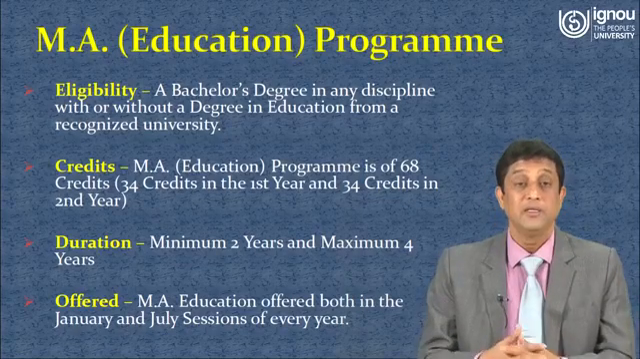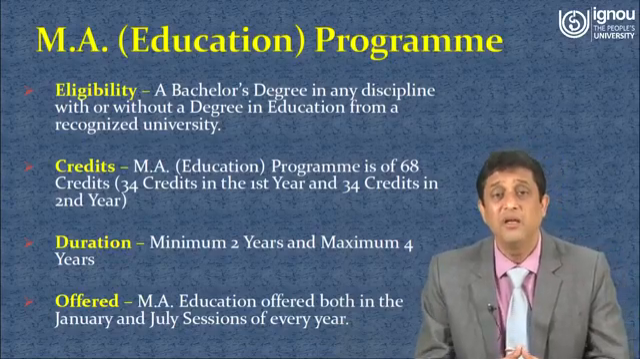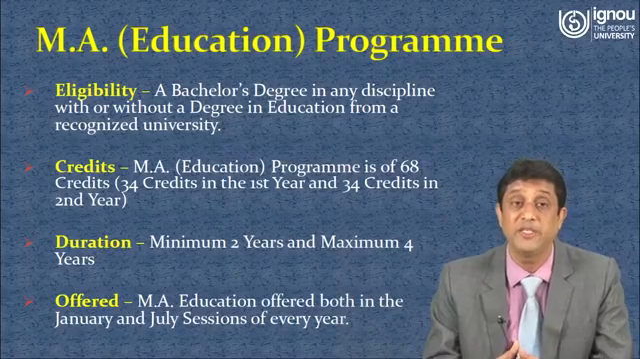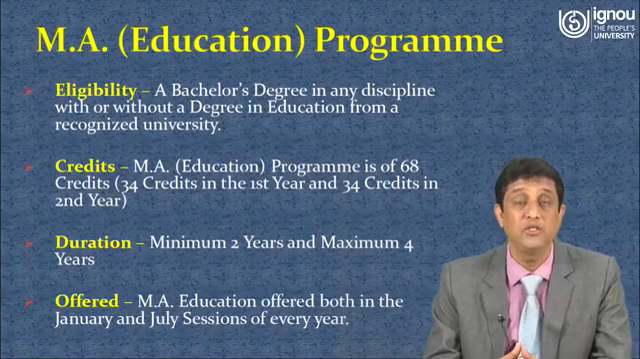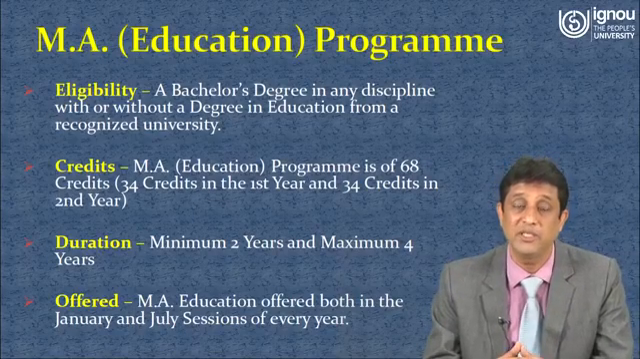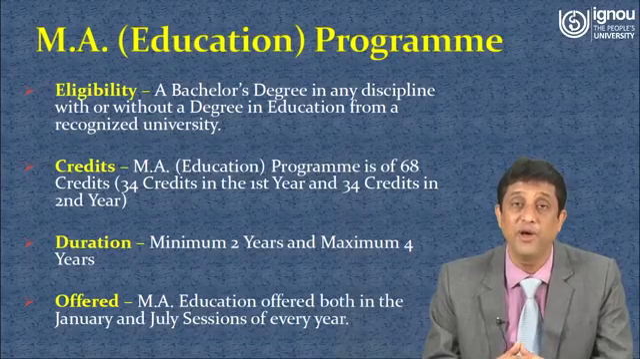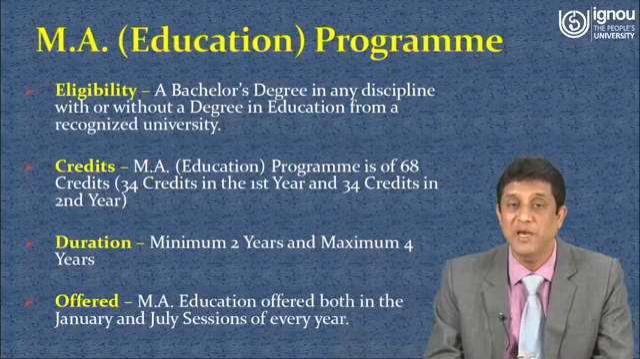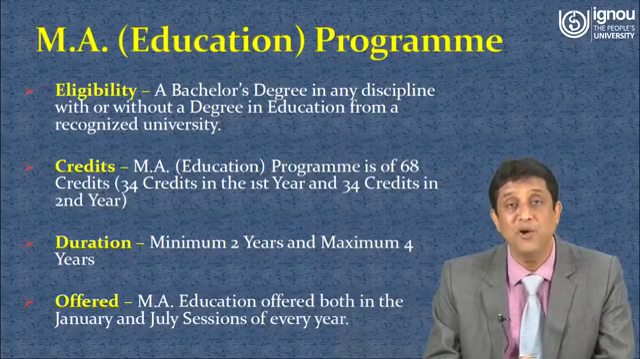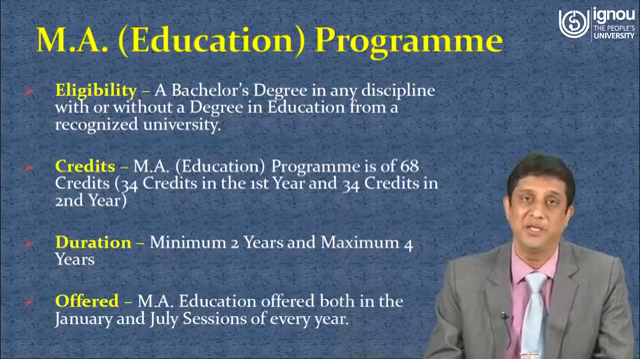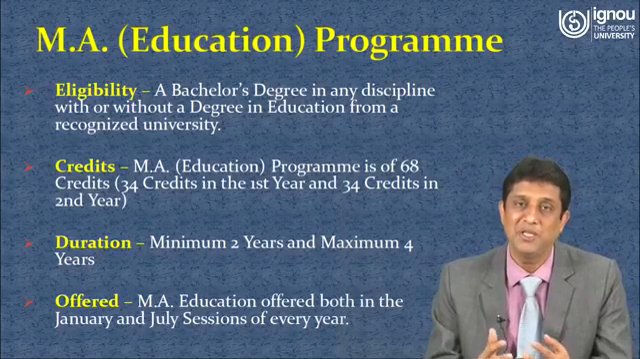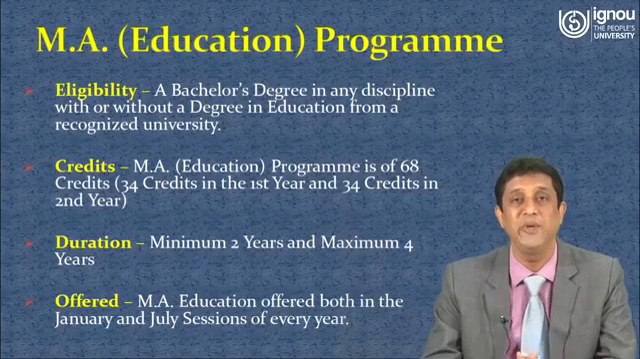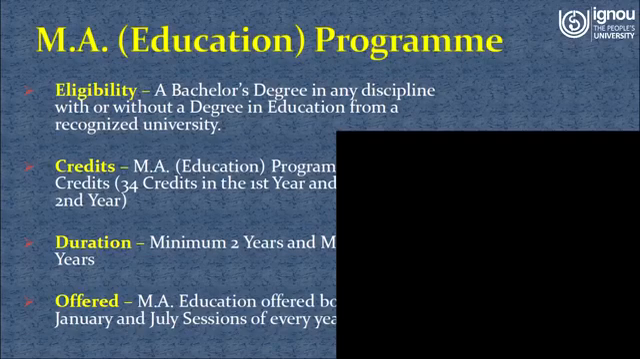Then the entire MA education program is of 68 credits. The total credit of this program is 68. Friends, this is the practice of Indira Gandhi National Open University, that we consider one credit equivalent to 30 teaching learning hours. Okay. So when you engage yourself for 30 hours, you will earn 1 credit. If you go through the program guide, you will get the detail of what 30 hours means. 30 hours means reading the